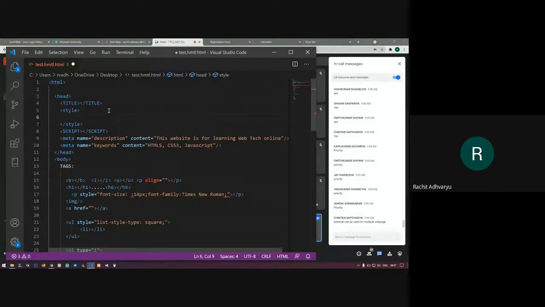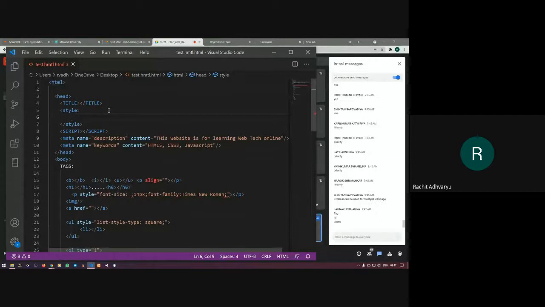Right? So now if I want to use different types of CSS selectors, what are the different selectors I have? Give me the list quickly. What are the different types of CSS selectors I have to use for styling? Tag, ID, class. Is there anything else? Universal I don't want.